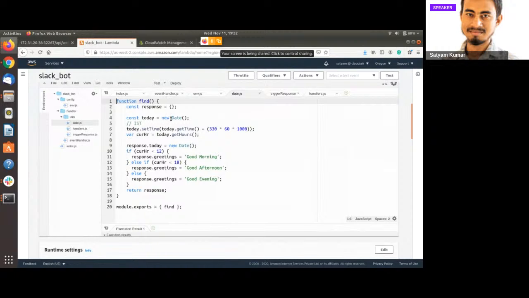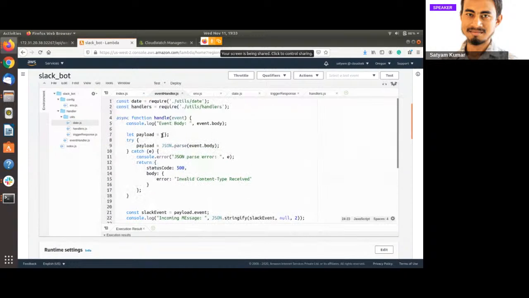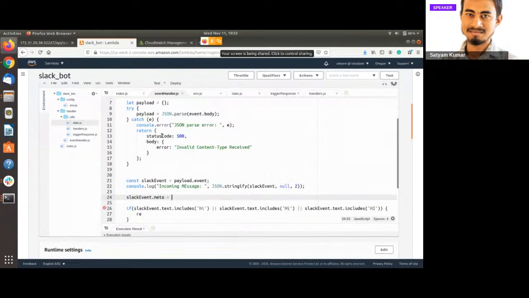So we are sending it as a greeting attribute from this function. So we need to send meta equals to, the function name is date.find, and this will add the meta and greeting attribute to the Slack event which we have received from Slack.